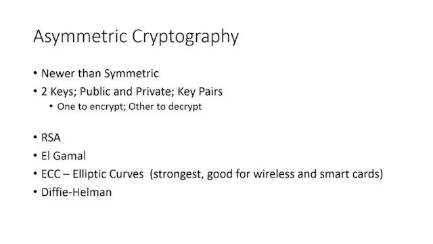All right, if it's asymmetric, that has two keys, a public and a private key, and it has key pairs. So anytime you hear those terms, you need to think asymmetric encryption. Now, this is a little bit newer than symmetric encryption, if you want to compare the two, because symmetric encryption has been around for hundreds and hundreds of years. We haven't had the technical capabilities that we do now, not like AES and the way that they work, like transposition ciphers and things like that.